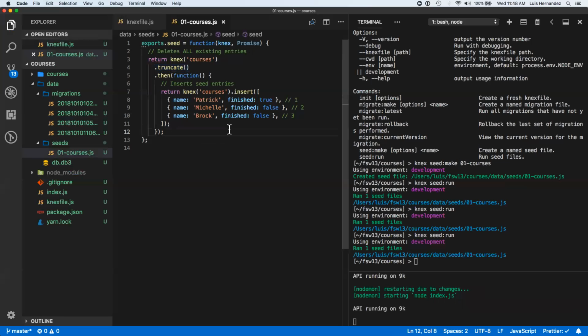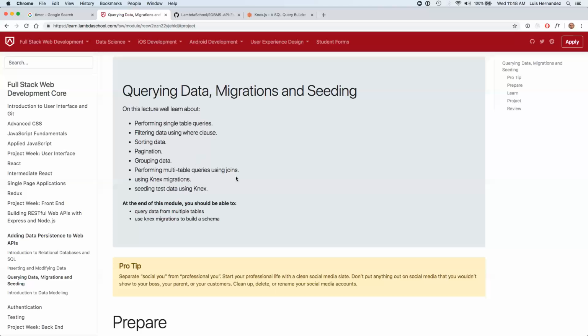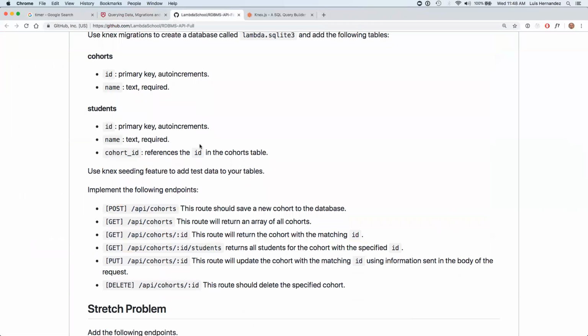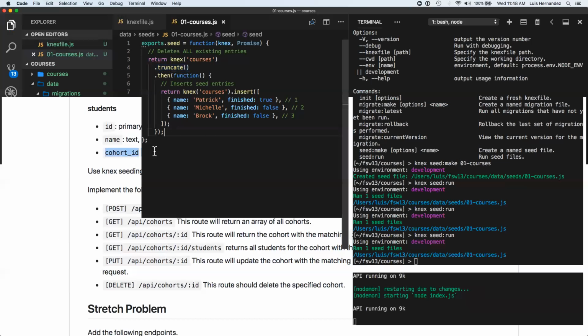All right, so let's go and see how to do this. I'll show you how to do it for the project. And then tomorrow we'll understand why we're doing it, and the idea of this cohort ID, okay? So for that, let's go and create